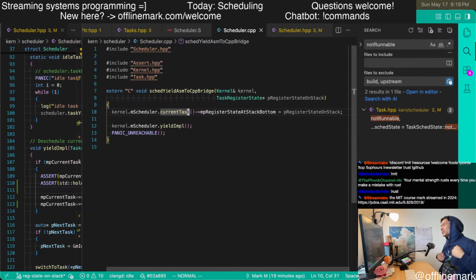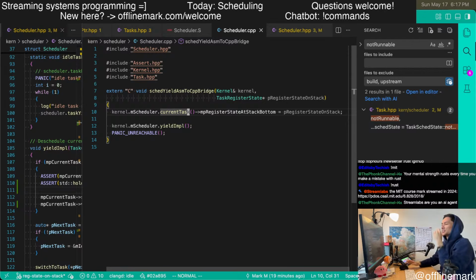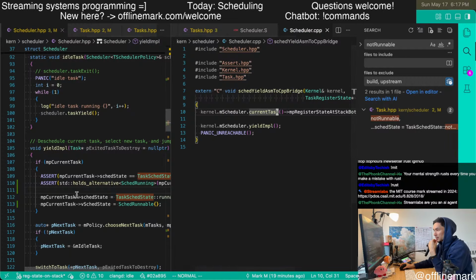So what I was doing is the task yields, it triggers the context save, we go into here and we store this pointer. But the interesting thing is the state is still running technically because we haven't hit here yet.